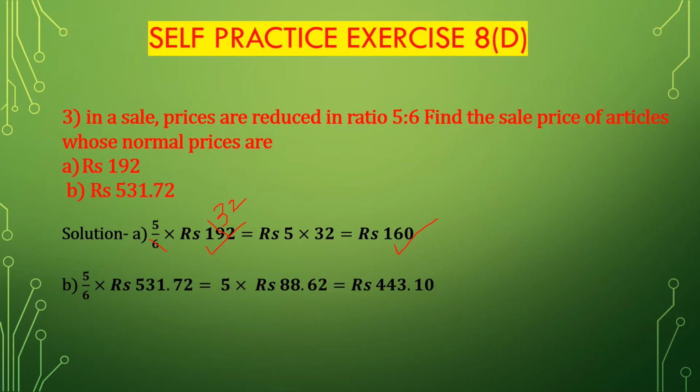Second part B. Prices are reduced in the ratio 5 is to 6. Find the sale price of articles whose normal prices are 531 rupees 72 paisa. Ratio 5 divided by 6 multiplied with 531 rupees 72 paisa. Cancelling 6 with 531 rupees 72 paisa, that is